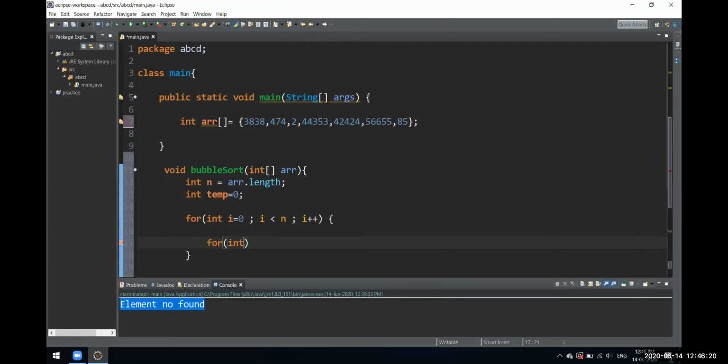I hope you all are clear on what nesting is. If you have worked with 2D arrays, there we need this kind of nesting. This will start from one, I think. And j would be less than or equal to n minus i. The n is the length of our array, and n minus i.